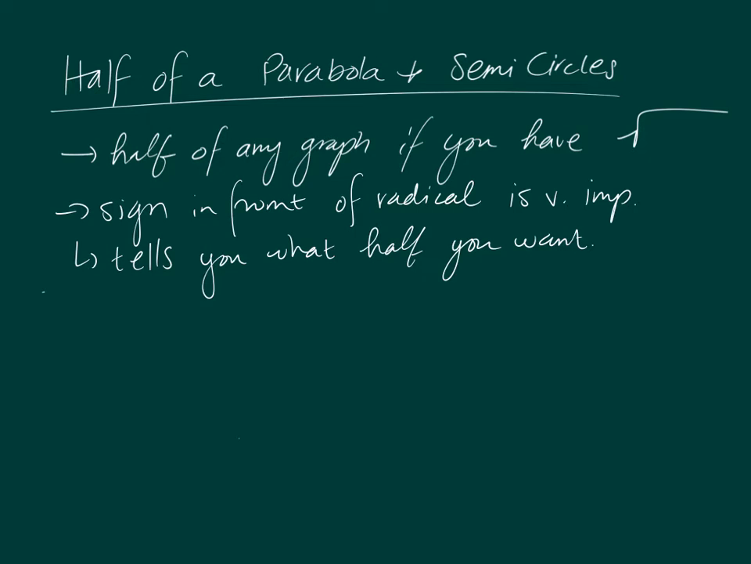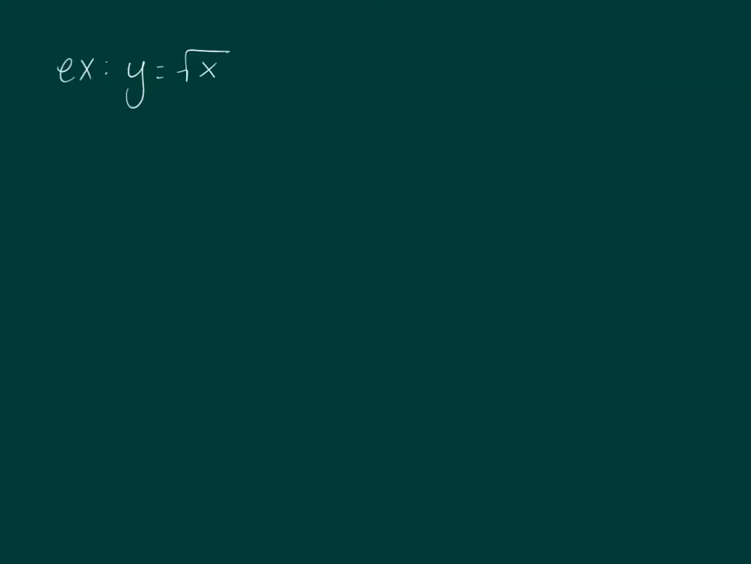a whole one, okay? So when we're going through this, keep in mind, these all are going to have radicals in them, namely square roots. So that's why they're half, okay? And the sign in front is going to be super important. So let's look at y equals square root of x. This is half a parabola